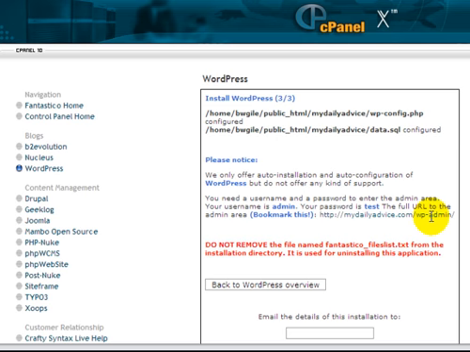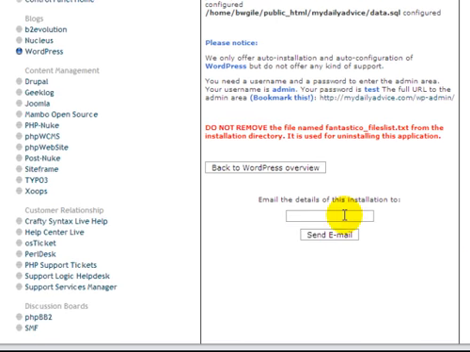Now, I recommend you write these down. If you don't want to write them down, you can actually put in your email address right here, and it will actually send this information to your email address so you can have a record of it. You can email it or you can write it down. It's just easy to write it down. Also, just put admin test and then your URL here. So other than that, click on back to WordPress,